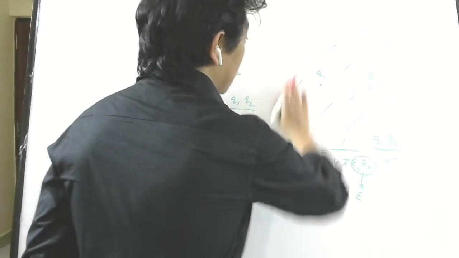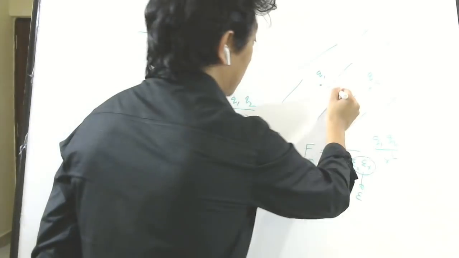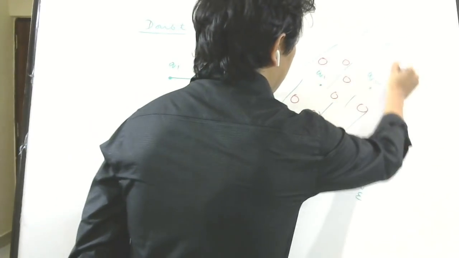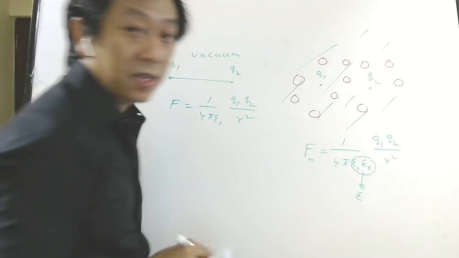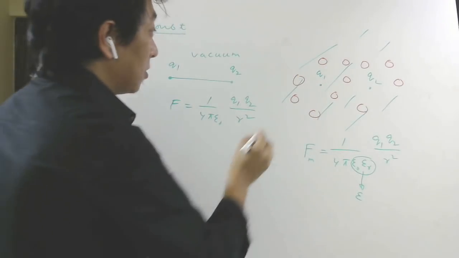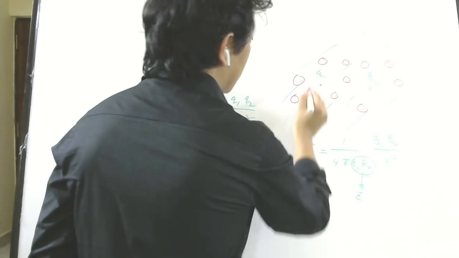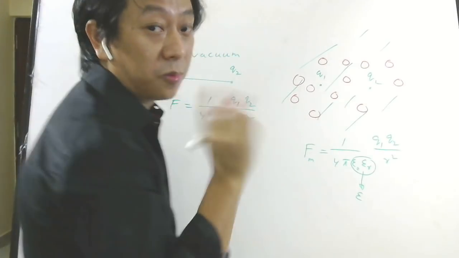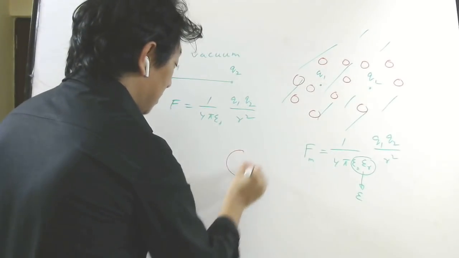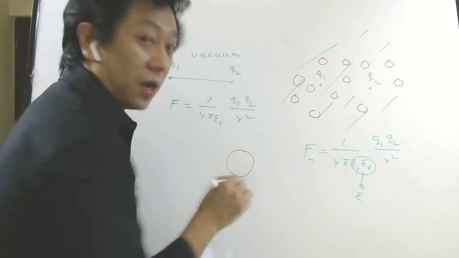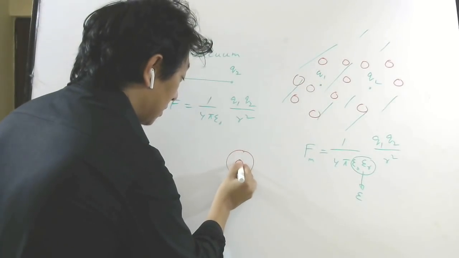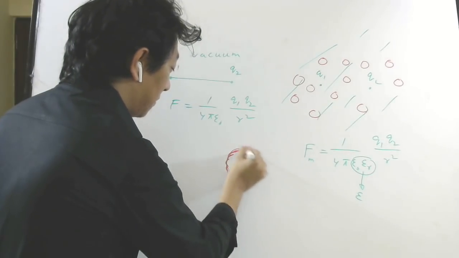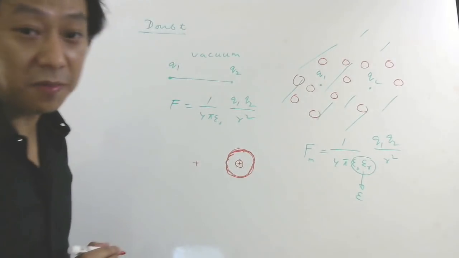However, when you go to research level, then what actually happens is this. See, this medium is made up of what? Atoms, right? Everywhere atoms. And these atoms have positive charge and negative charge. So suddenly when you keep this charge, these atoms here will get polarized. Polarized means what I told last time. If this is an atom, then usually in an atom there is a nucleus and there is this electron cloud. When you bring another plus charge nearby, then what happens?